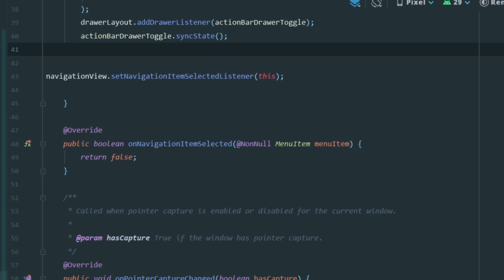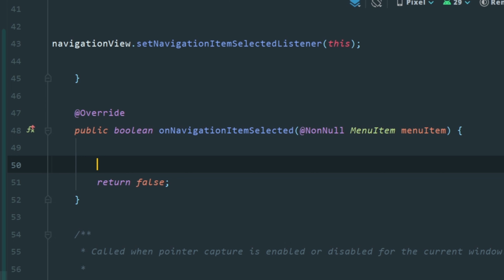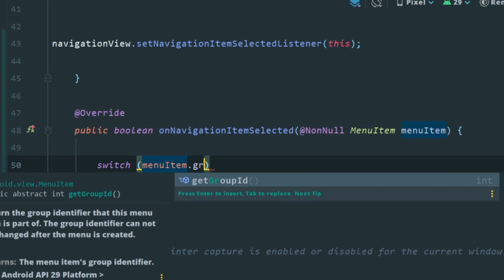For that, let me do one thing. So go to this onNavigationItemSelected, and we need to use the switch case method. So type a switch, and in this whenever the user clicks on any item, we need to get the ID of that item. For that, type for menuItem.getItemId.